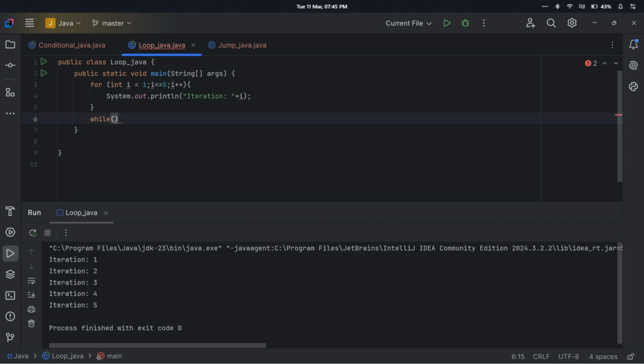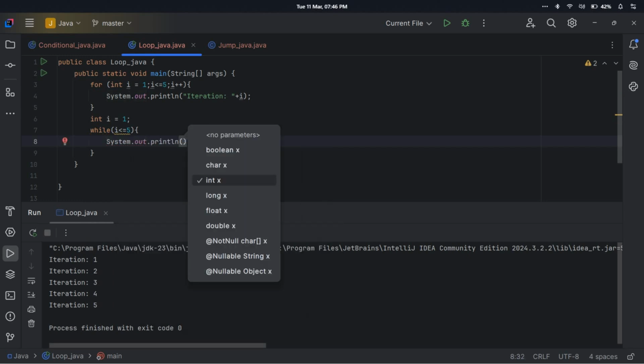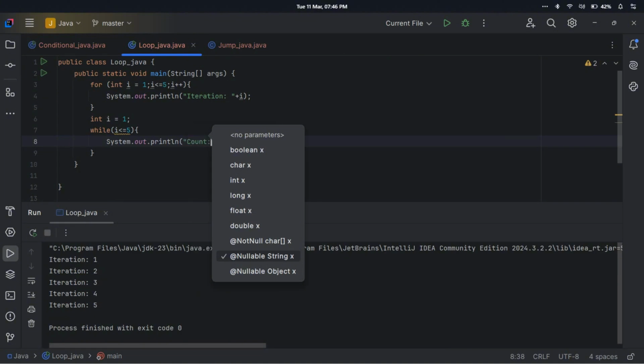Suppose we have taken I less than or equal to 5, and now here we have to declare I first. So we will declare I equals 0 or I equals 1 here. And if I is less than or equal to 5, then do what? Then System.out.println, and let's say count